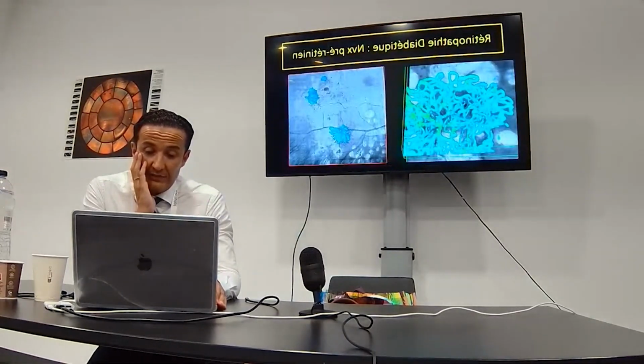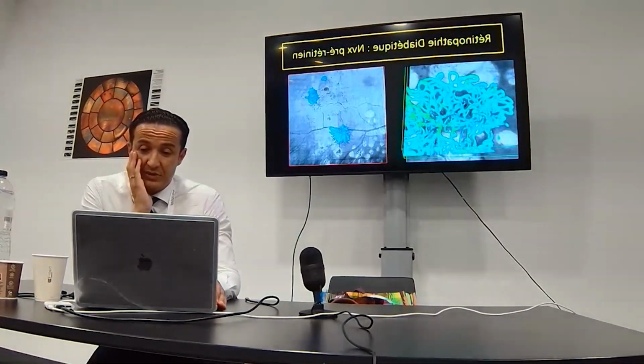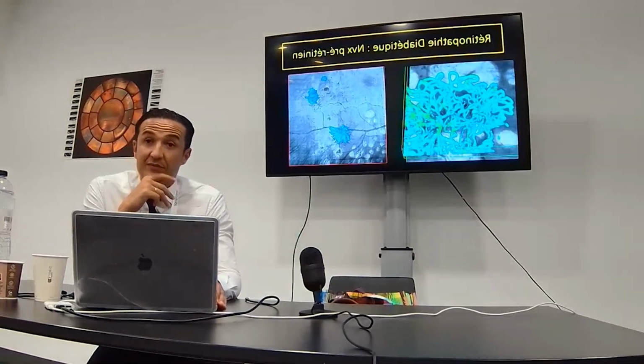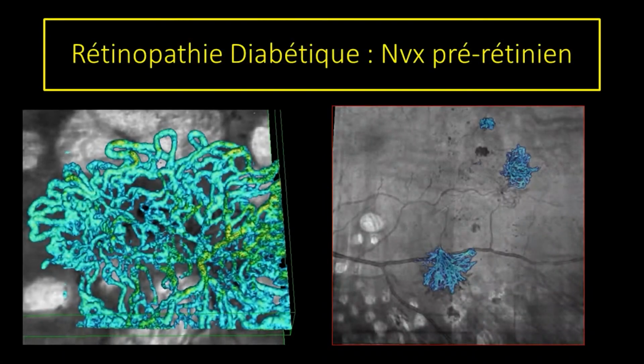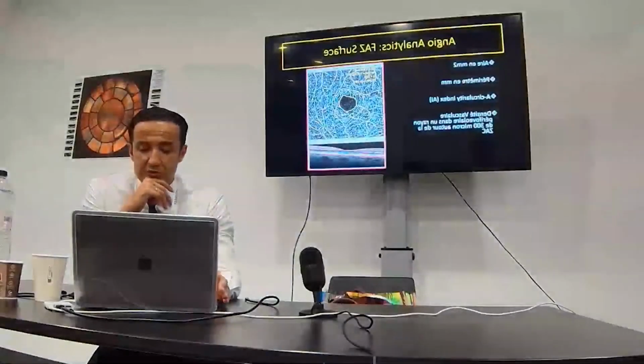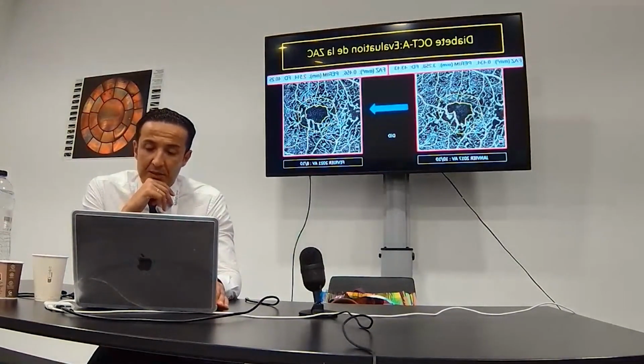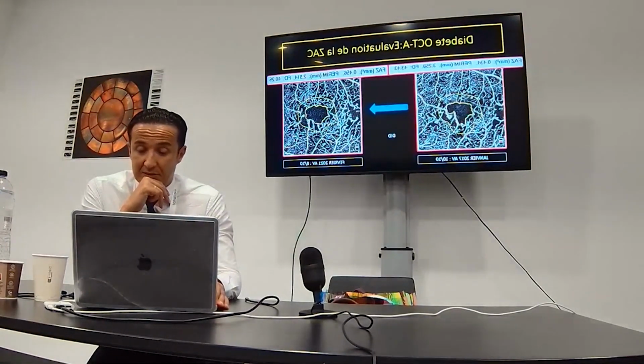And you can have the same visualization, but with a 3D rendering, and to isolate the presence of the CNV. Look, you can use the analytics tools to quantify the flow, surface phase, the vascular density in the peripheral area, to follow the evolution of the avascular